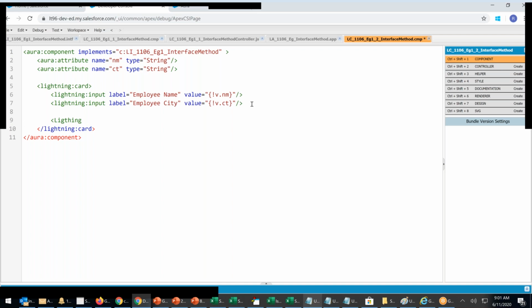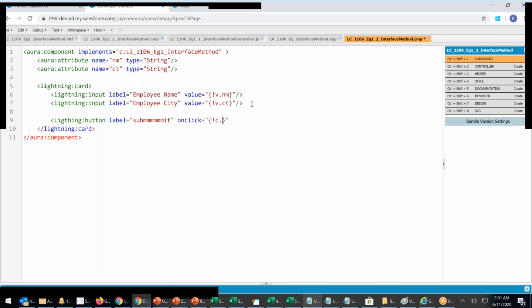Lightning button, right? Whenever we put a button, what is that? Label. Label equals to submit, so we'll say SUBMIT. That's the label. On click, what should happen?